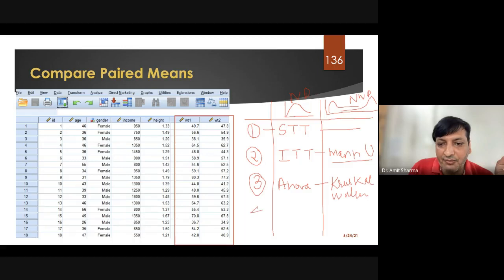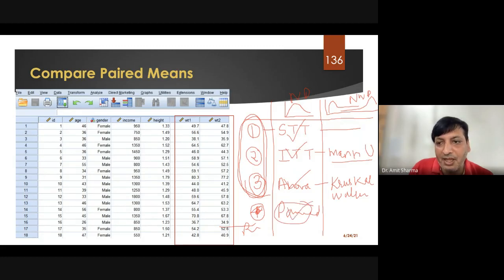And fourth parametric test, see, till here I am discussing about sample. Okay, you have a sample 1, sample 2, or sample 3, 4, something like that. Not the fourth test. And if you have a condition like pre and post, before and after, then the test is paired sample. So all these student t-test, independent t-test, and ANOVA will be called as unpaired, whereas paired sample t-test will be called as test for the paired sample. And these are the alternative.